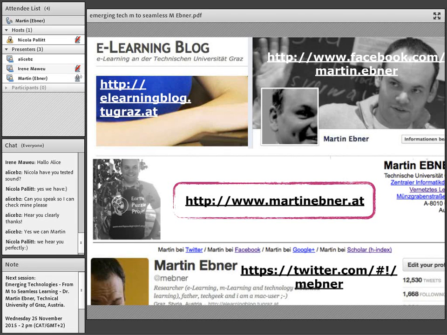And my second part at this university is that I'm also associate professor for media informatics, also media computer science, and it's not very surprising. My main topics in research are e-learning, mobile learning, social media for learning, open educational resources, and also learning analytics. And this is also how we take a close look at educational technologies. And of course, due to the fact that I also do research, I'm bringing the research back to the university, with the idea that all my students can have a benefit from our knowledge.